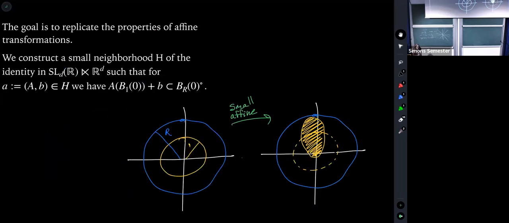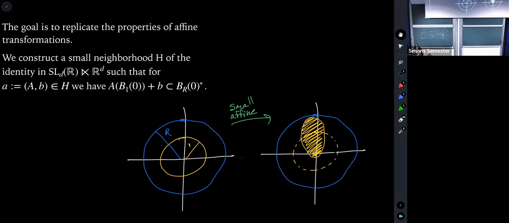So again, we're replicating affine transformations. Well, I didn't say that yet. We are replicating affine transformations. So if we take a matrix in SL3R, again, pretend SL2R, and we take a vector, this thing will let us move transitively between subspaces and between points on the manifold. So the R2 component will let us move on the manifold, and the matrix will let us move through subspaces. So this thing is what we want to replicate in our manifold.